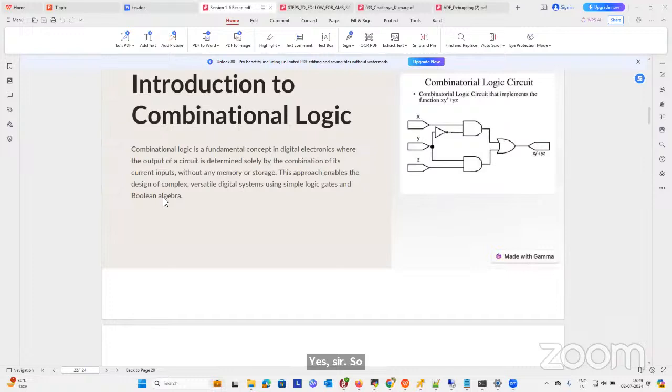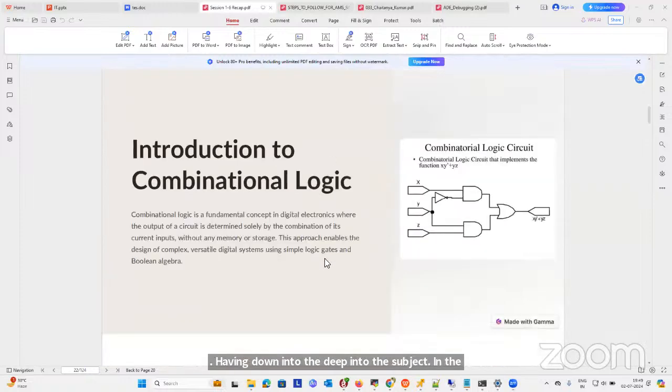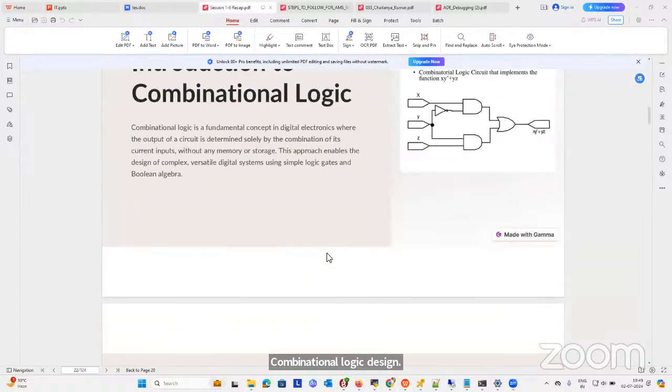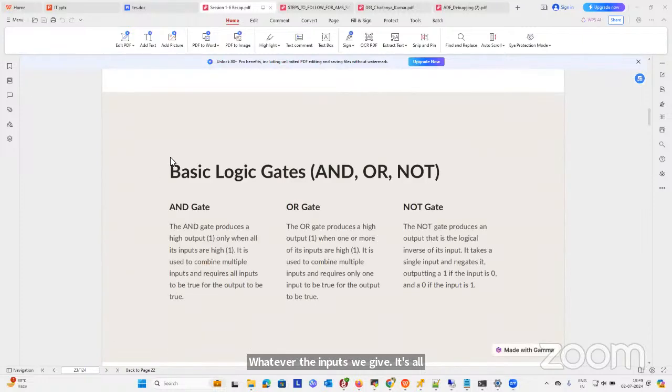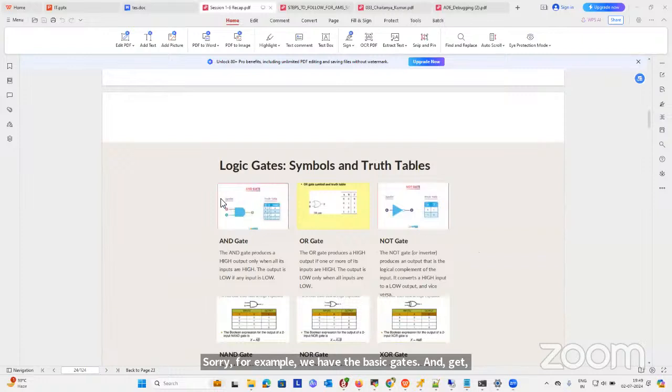So, coming deep into the subject, in logic design we have combinational logic design. Combinational logic design is a fundamental concept of digital electronics. The output depends upon the current inputs. Whatever inputs we give, it operates and gives us the output. For example, we have the basic gates: AND gate, OR gate, NOT gate. So we know the AND gate, if two inputs are high or low,